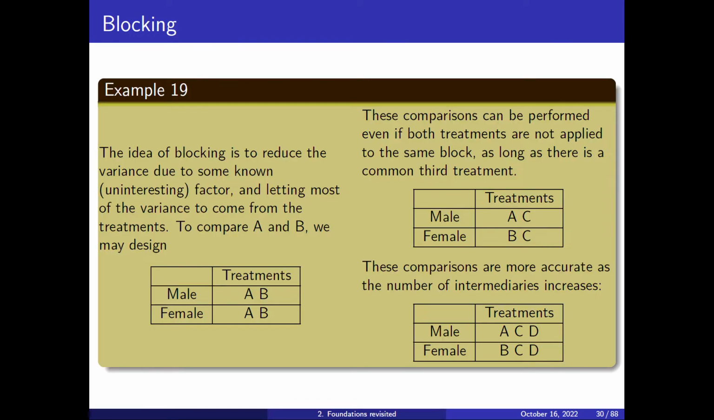Okay, so the idea of blocking is to reduce the variance due to some known but uninteresting factor. So let's say that we are interested in comparing treatments A and B. We know that the results will depend on male and female, so we will use male and female as blocks, but we are not interested in the differences between male and females, but only in the differences between treatments. So if we have two treatments and these blocks, and we apply all treatments to all blocks, then